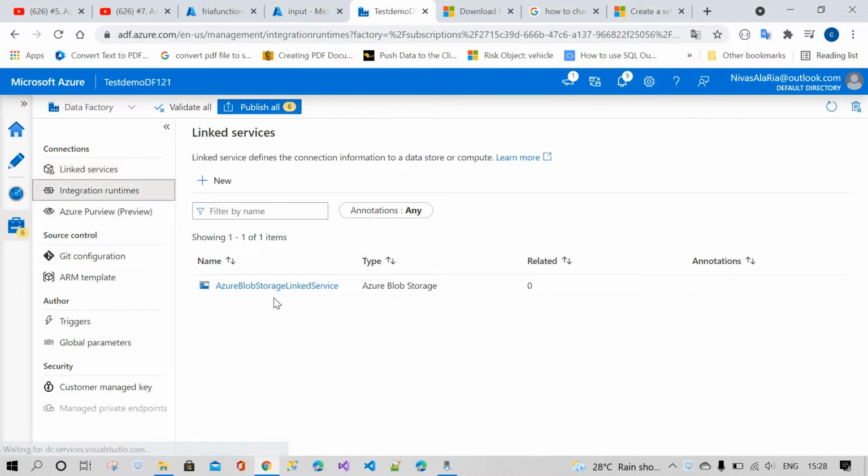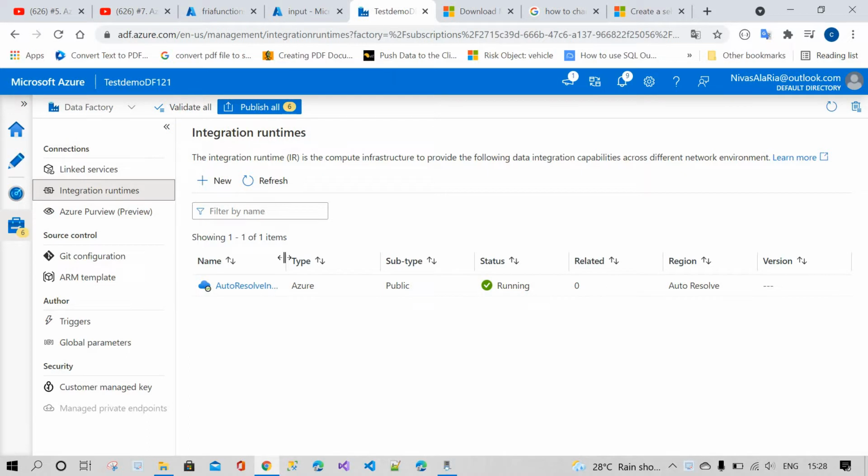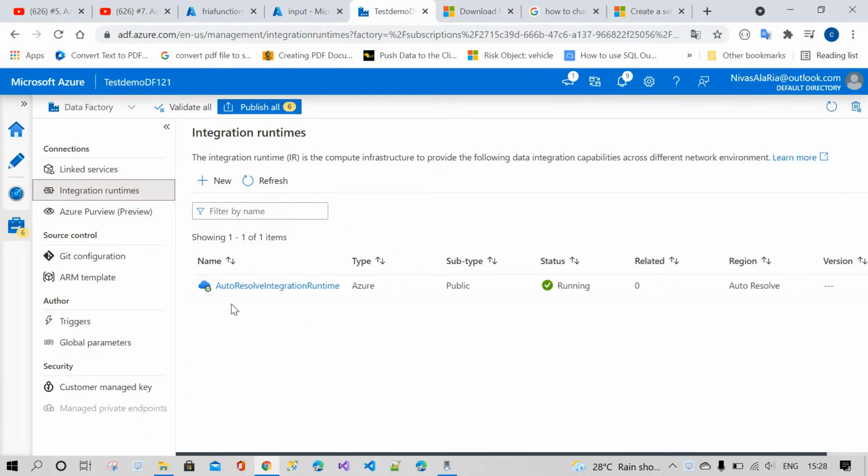You can see the integration runtime. This is the automatic, auto resolving integration runtime. It means when you create an Azure Data Factory to work on the cloud, it will automatically create itself. The ADF, Azure Data Factory, will create the auto resolving integration runtime. Because of this, you are able to work with the Azure cloud, so you can transfer the file on the cloud. You can use this Azure resolving integration runtime.